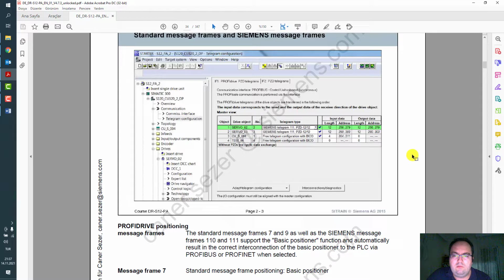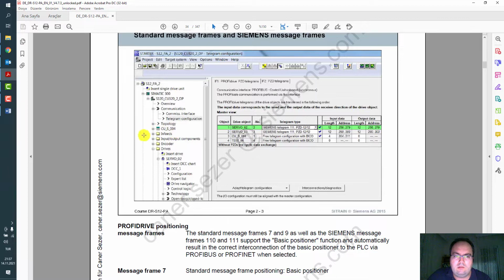Another thing: if you are using an InFit SLM or BLM module with DRIVE-CLiQ interface, that means you are using our 10 kilowatt InFit unit, then you have to add an additional Telegram, located under this folder, to control the InFit.